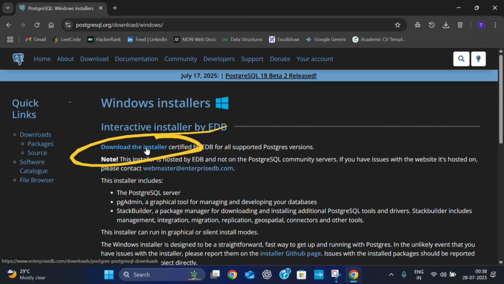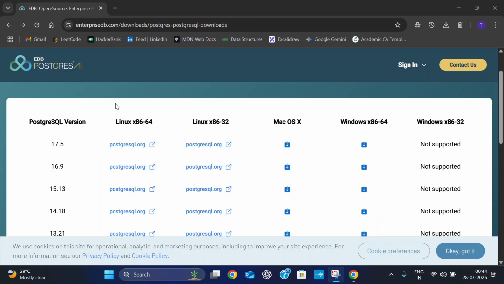and here you can see download the installer. Click on it. Here you can see PostgreSQL version 17.5 and it is available for Linux 64-bit, Linux 32-bit and Mac OS, and it is also available for Windows 64-bit, but it is not supported by 32-bit. So we will choose 64-bit. So click on download